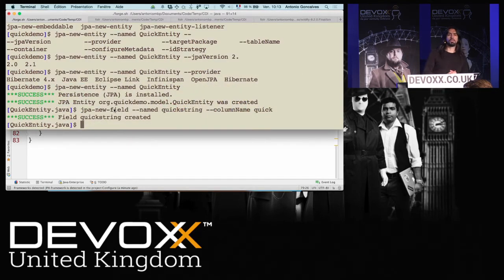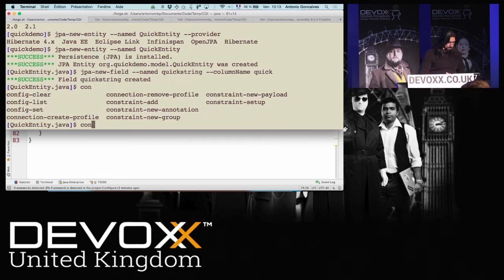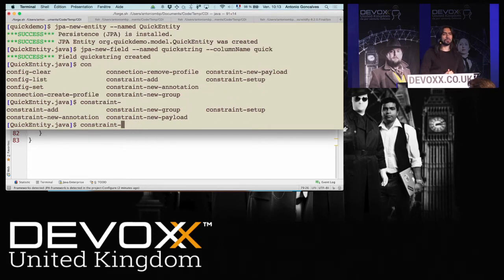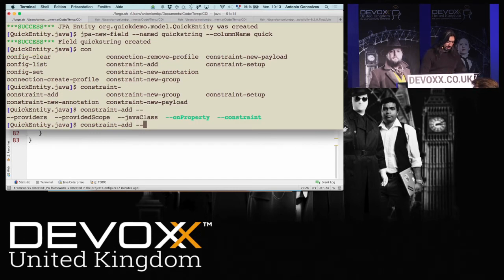Now I want this quick string to be not null. You know? So I want to put a constraint on that. There's a specification called bean validation 1.something, I think. If I don't really know, I can add a constraint. So there's constraint add. And if I press tab, I can see that I have an on property.